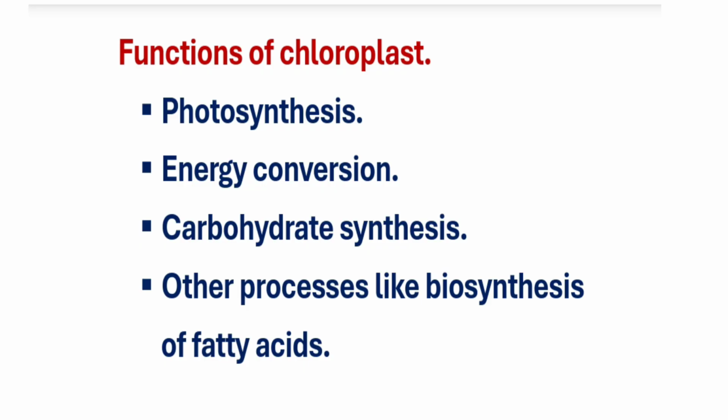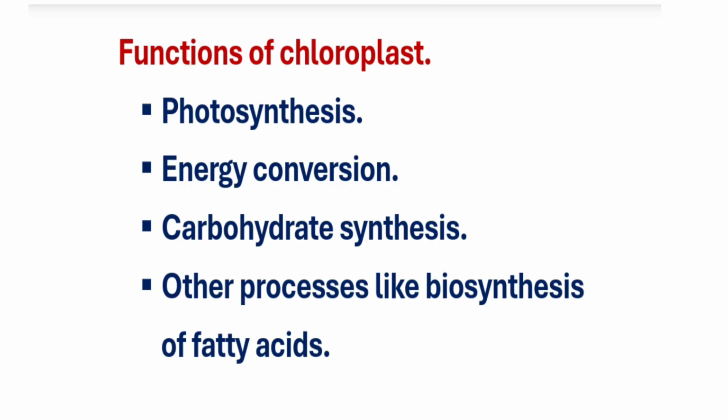Photosynthesis. The primary function is photosynthesis, where light energy, carbon dioxide, and water are converted into glucose and oxygen. Energy conversion. Chlorophyll and other pigments within the thylakoid membrane absorb light energy to create ATP, which is an energy-carrying compound. Carbohydrate synthesis. The ATP from light reactions is also used in the stroma to convert carbon dioxide into sugars during the Calvin cycle. Chloroplasts are also involved in biosynthesis of fatty acids, amino acids, and other organic compounds essential for